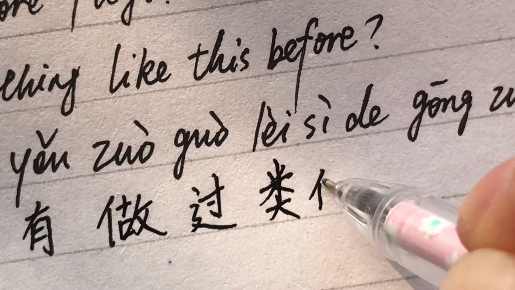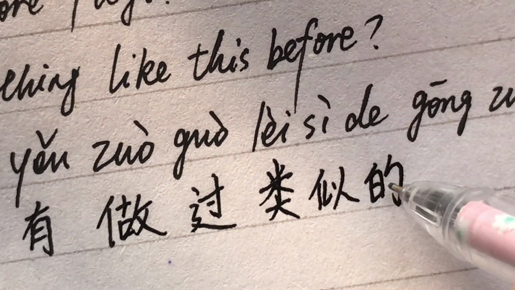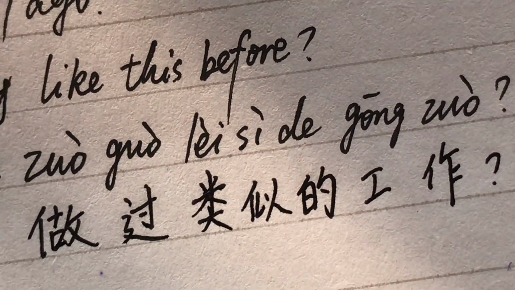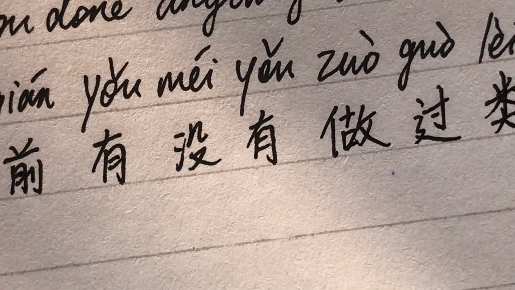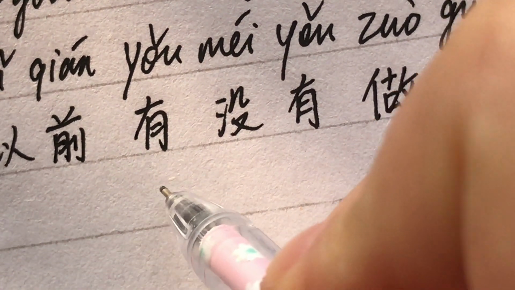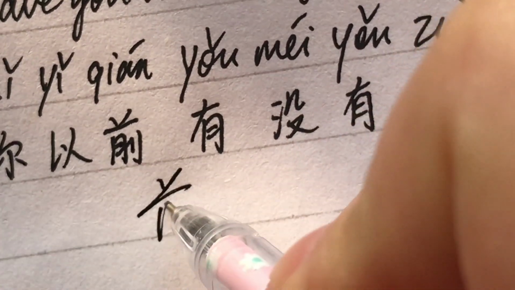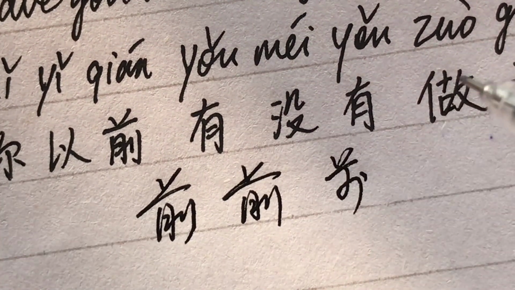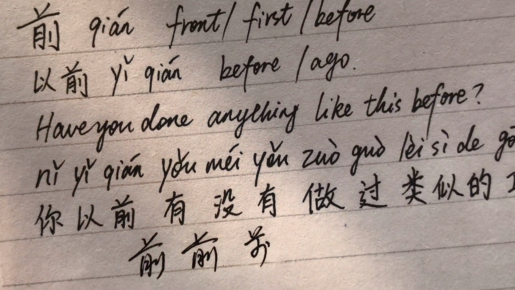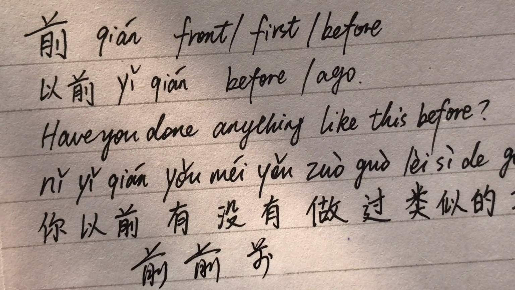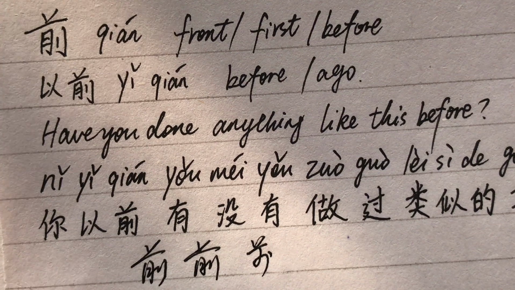like this 类似的工作。My casual handwriting on the character 前. 前 front, first, before, 以前 before, ago. Have you done anything like this before? 你以前有没有做过类似的工作？